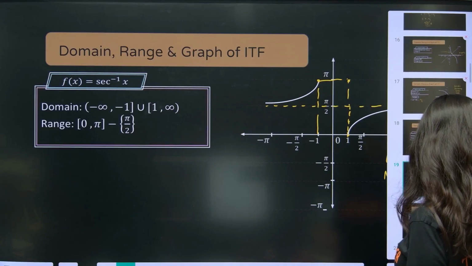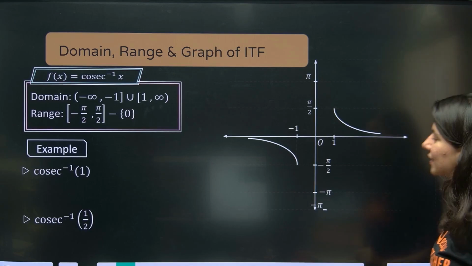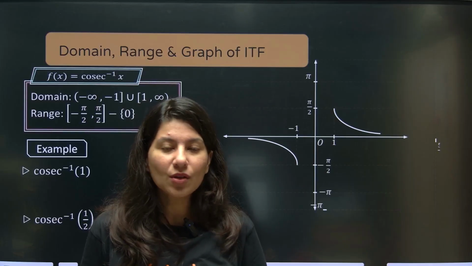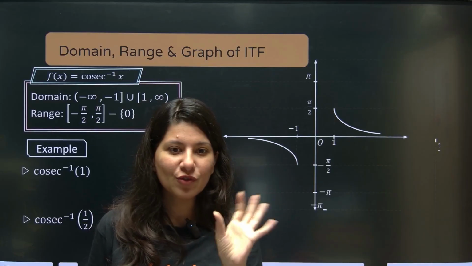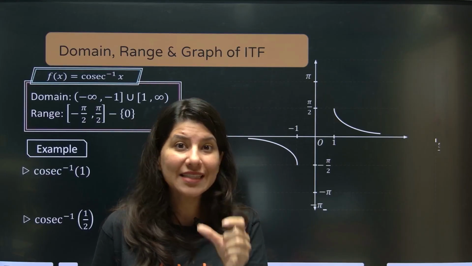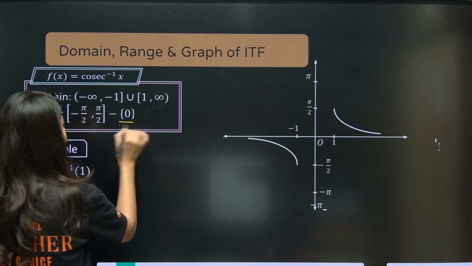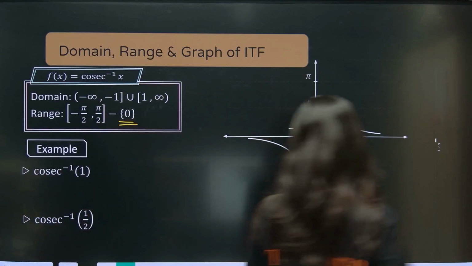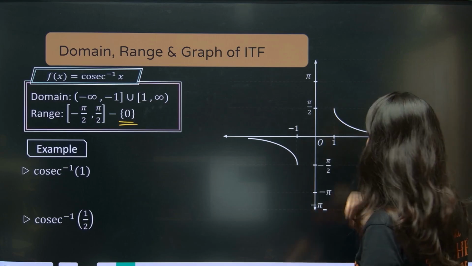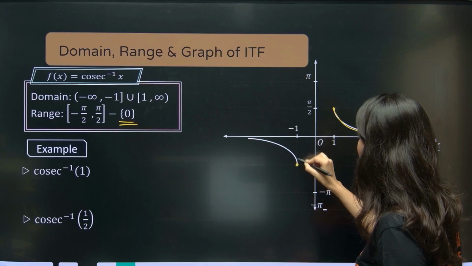Alrighty. And now the last graph, which is cosec inverse. So think about sin x. The graph is cosec x. Basically, we'll first of all observe cosec x. What is wrong with cosec x? Cosec x is 1 upon sin x, and sin x can never be 0. Sin x is 0 when x is 0. So x equals 0 is something you need to remove. That means 0 will be the asymptote. So this is 1 to 0 and this is minus 1 to 0, like that.